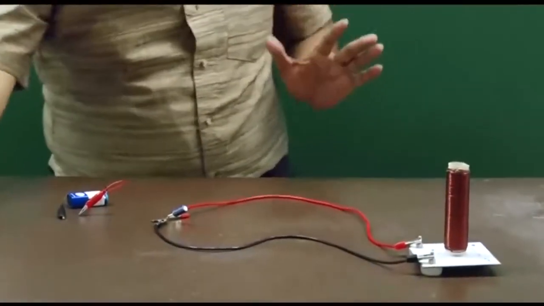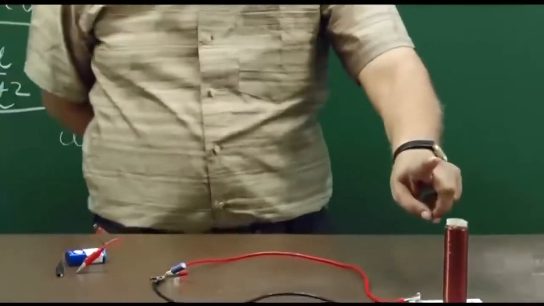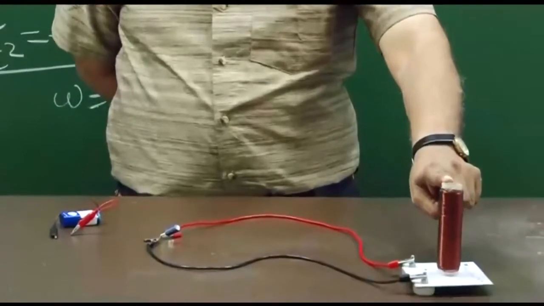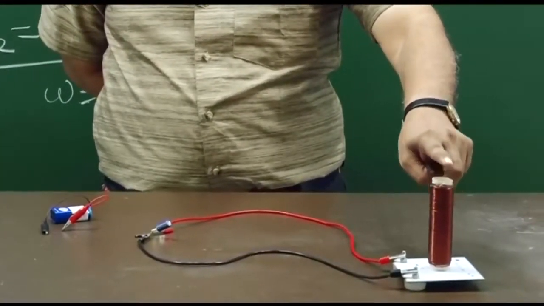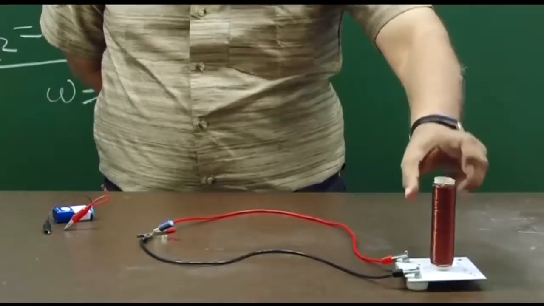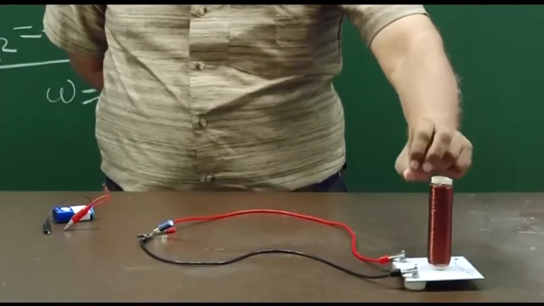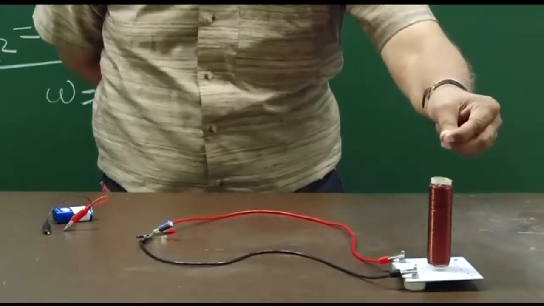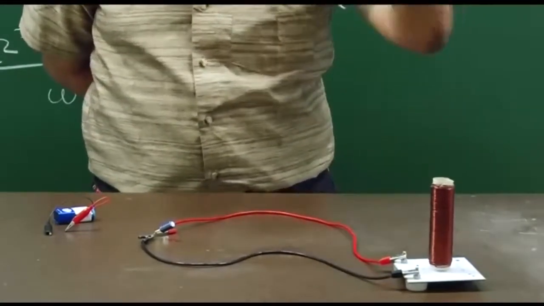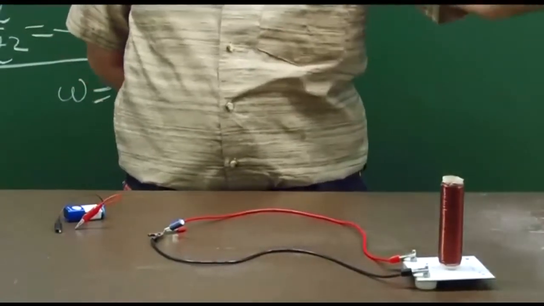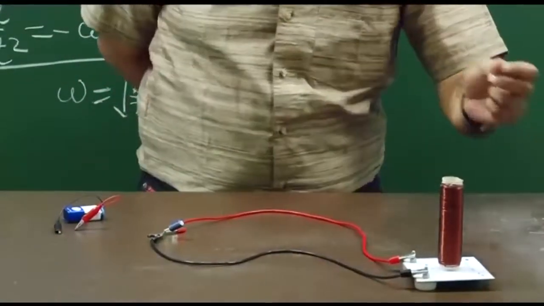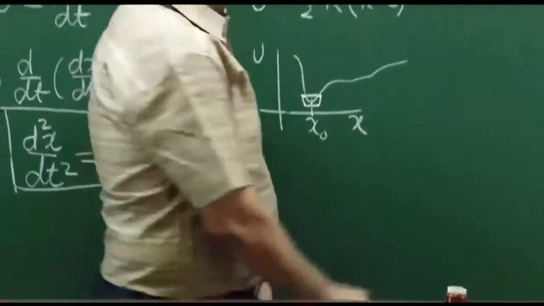Let me just give you the equation, but remember, qualitatively, the induced EMF is proportional to the rate of change of this current, because that decides how the magnetic field is changing, and the rate of change of magnetic field will decide the induced electric field, and that finally will decide the EMF. So we will have this equation,